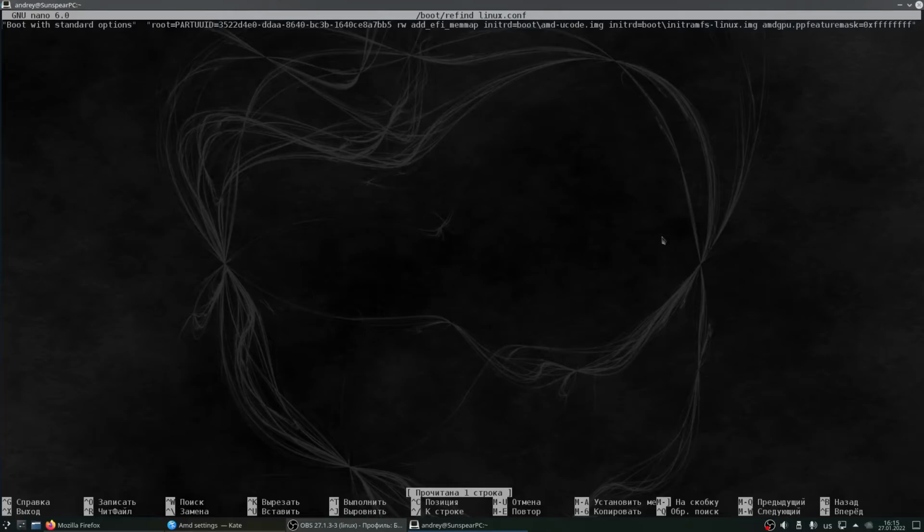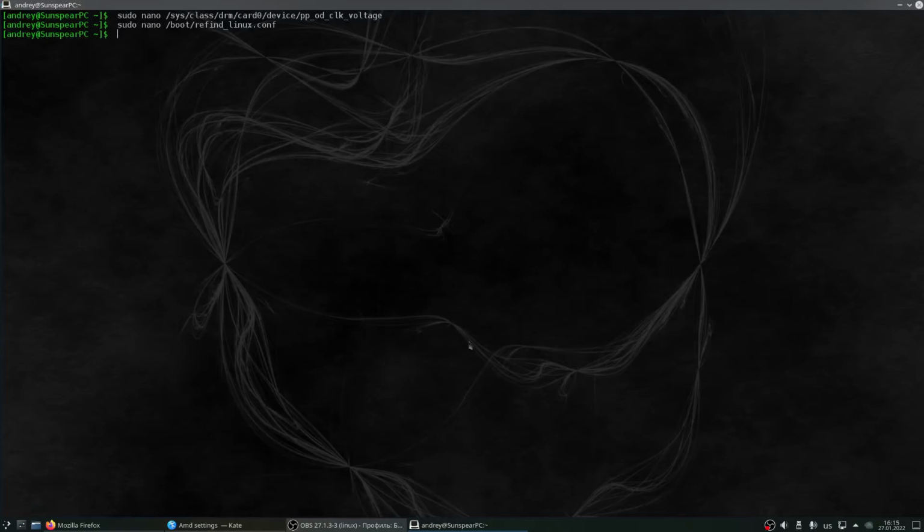It allows you to manually change settings of your GPU video card. And after you add this kernel parameter to the rEFInd configuration, save this file and restart your computer.